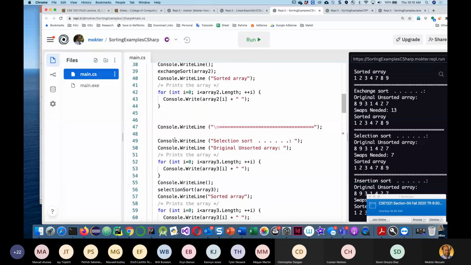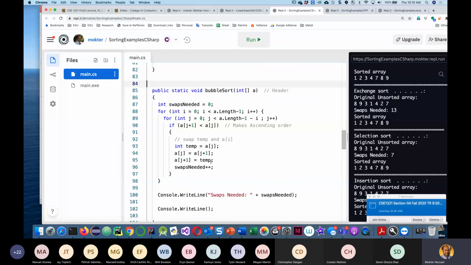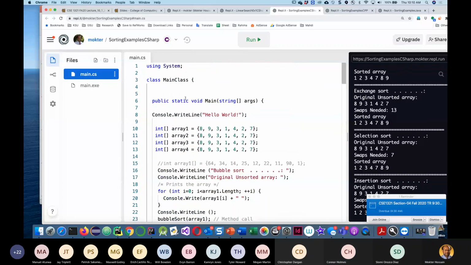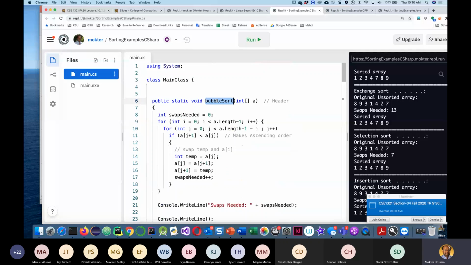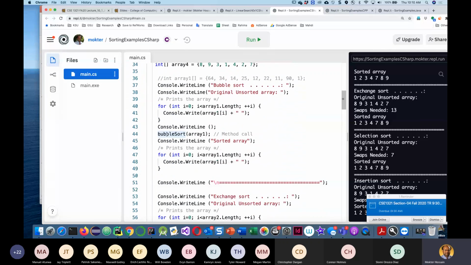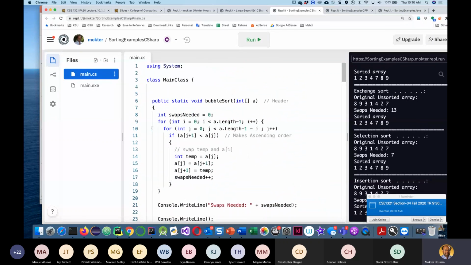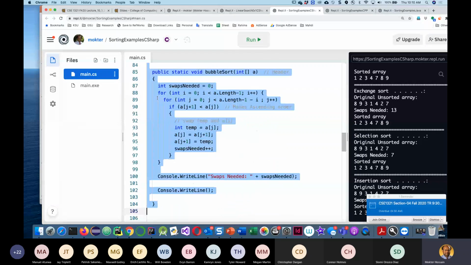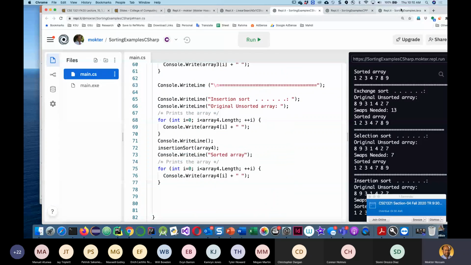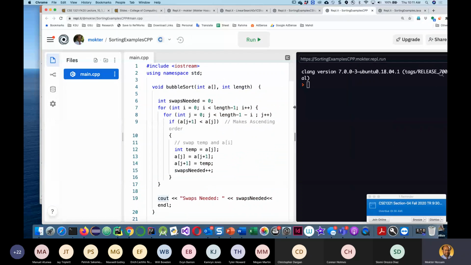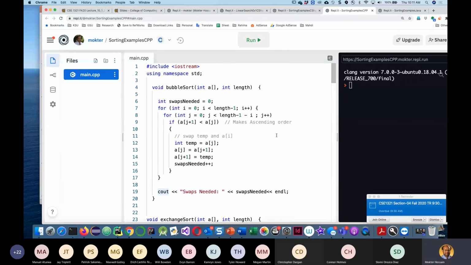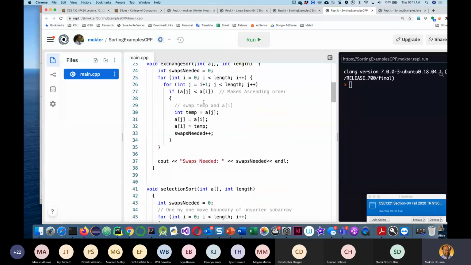Sometimes we put this bubble sort method at the top. So now at the beginning you see, oh, there is a bubble sort method declared, and you may be satisfied that it is above. But if the bubble sort method was further down, you may be confused. So sometimes what we can do is declare it, especially in C++. In C++, if we have a method declared after the main method,